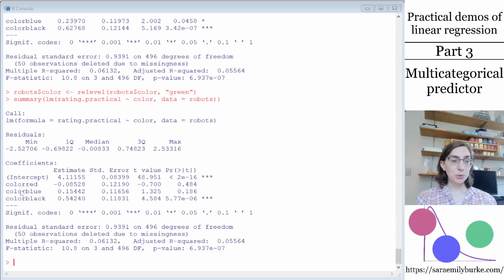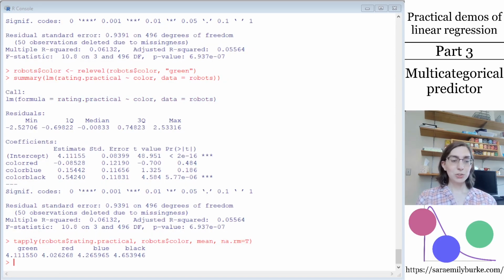So we already knew that the red and green robots were not significantly different, but we have two additional comparisons here. The first one indicates that the blue robots were perceived as 0.15 units more practical than the green robots. That discrepancy was not large enough to be statistically significant. And then the black robots were perceived as more practical than the green robots, and that difference was large enough to be statistically significant. So if I show the means on the screen again, I can illustrate a key point